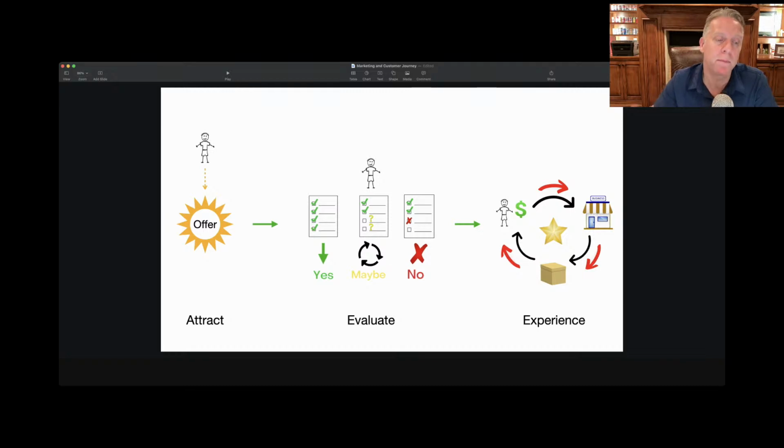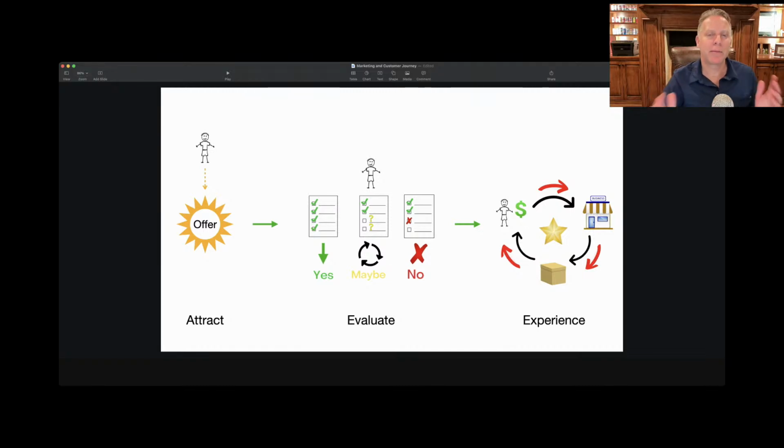On marketing, and we're going to find that when you take marketing and break it down to its three essential components, I label them as attract, evaluate, and experience. Attract is basically external marketing. It's all the stuff we do to try to draw a patient into the office. The experience that a patient has when they're with us, well, that's internal marketing.